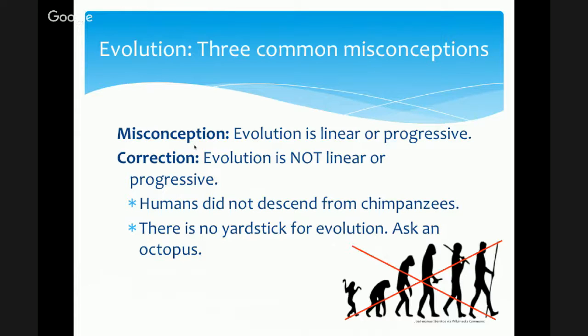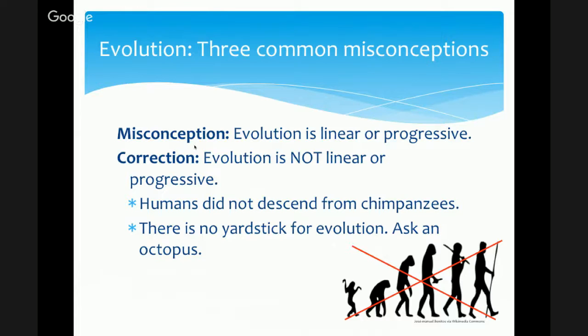And there's a lot of confusion around this. If you've ever asked your students, or maybe a student's asked you, more likely, why are there still chimpanzees if humans evolved from chimpanzees? That is a symptom of this misconception. Of course, humans did not evolve from chimpanzees. Humans and chimpanzees share a common ancestor. Just as there are still single-celled organisms, they didn't all become multicellular. Not all of them changed at a snap to multicellular organisms. Evolution is a branching process.